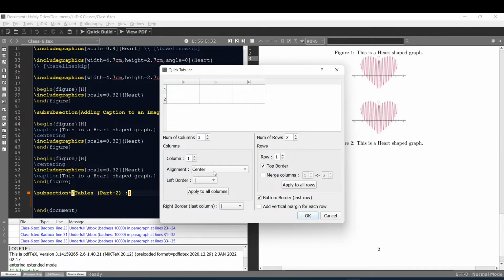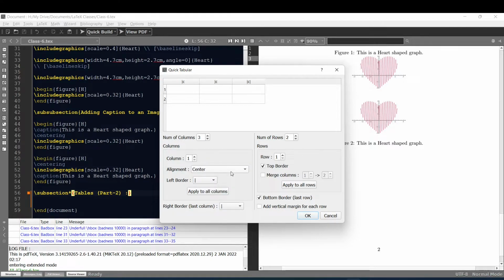Similarly, here in alignment, by default it is set as center, that is, all the columns are centered justified. So if I click on this center, you can see that I can change my column entries to left justified or right justified, or fixed width left, fixed width center, or fixed width right as per my need. But for now, let's just leave it as center justified.